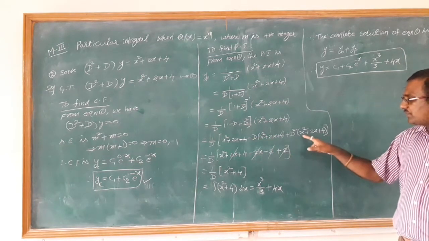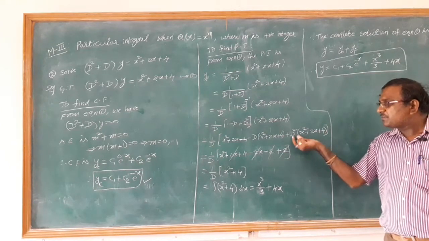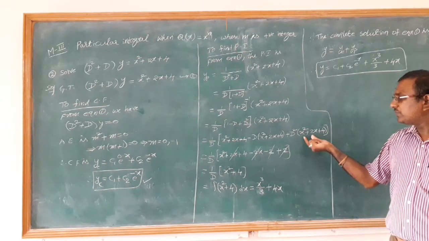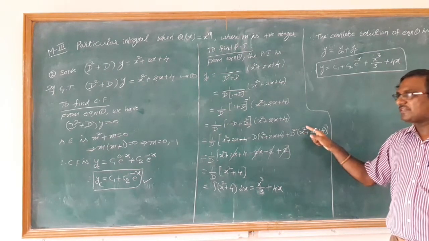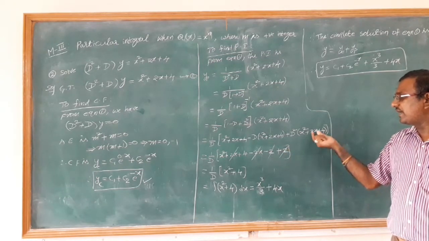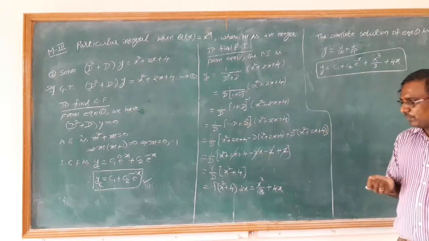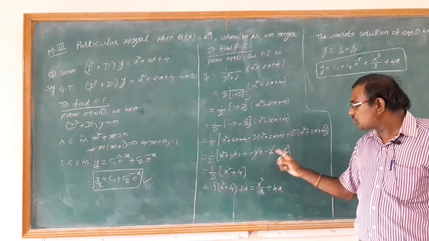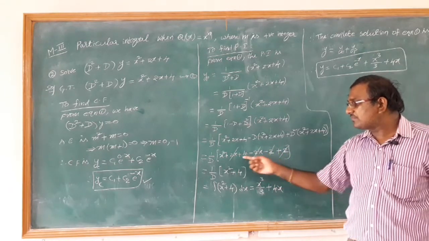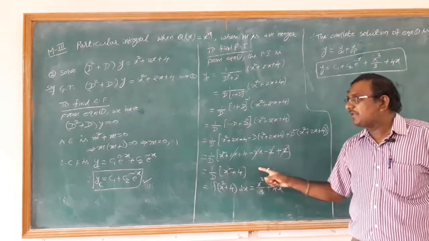Now we have to differentiate this x square plus 2x plus 4 with respect to x, how many times? 2 times. If I differentiate this term 2 times, then the derivative of x square is 2, so plus 2. The derivative of 2x with respect to x 2 times is 0. The derivative of 4 is also 0. Here minus 2 plus 2 is cancelled. Plus 2x minus 2x is cancelled. And the remaining terms are x square plus 4. So we have 1 by D into x square plus 4.